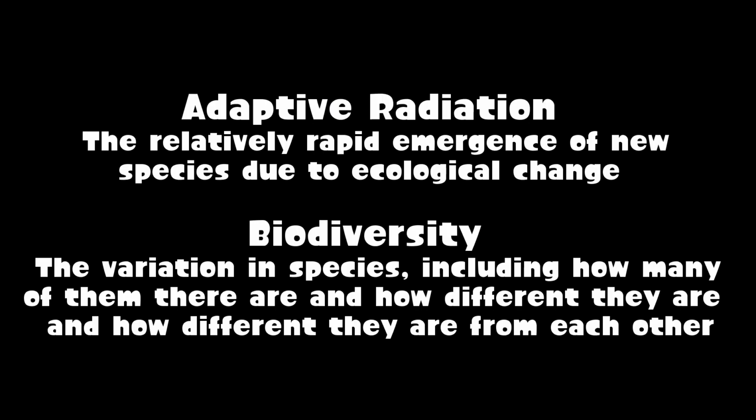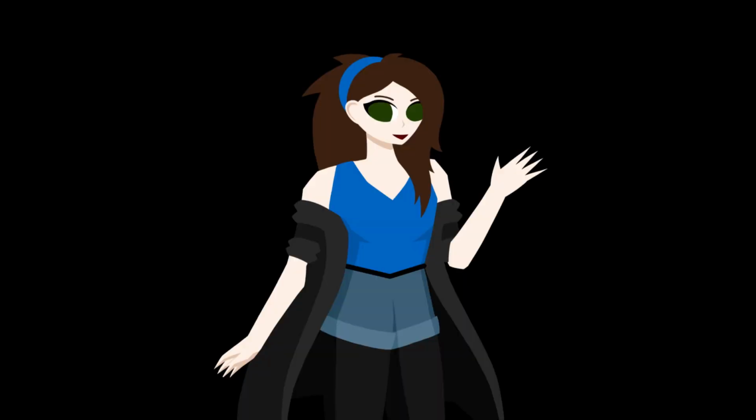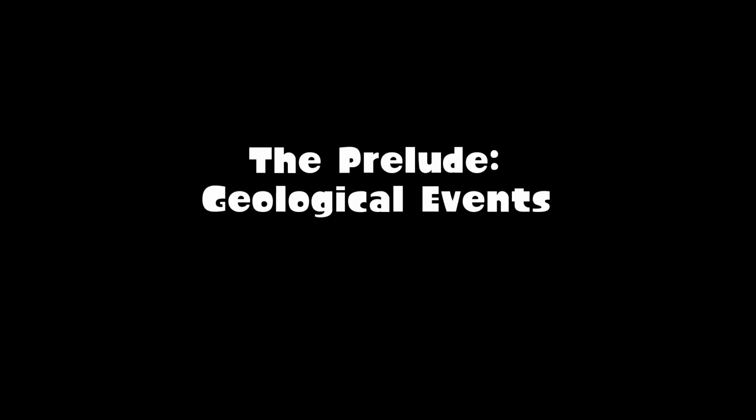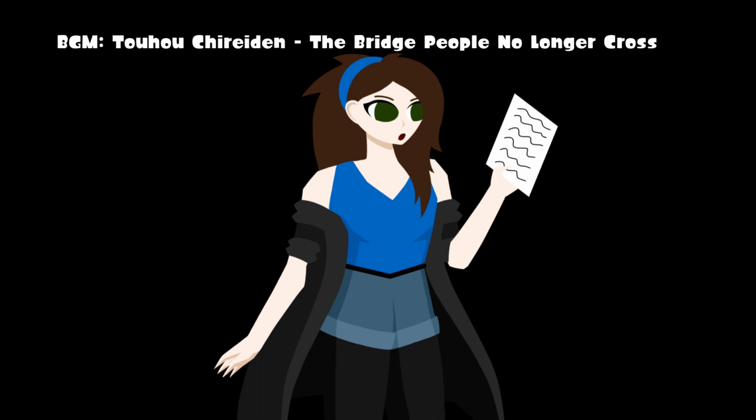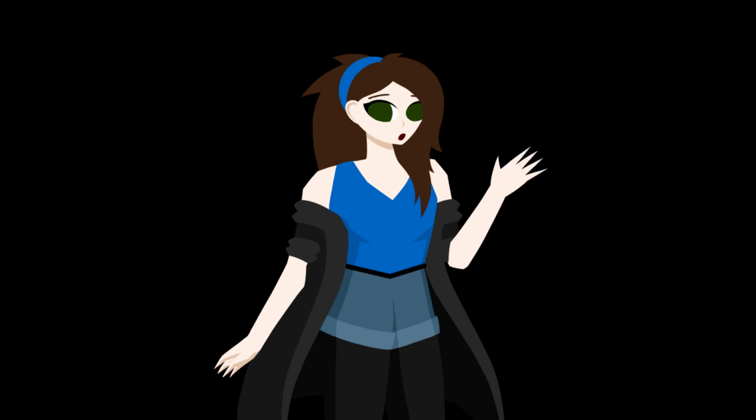This is what we call an adaptive radiation, where there is a clear and noticeable increase in biodiversity due to some sort of evolutionary event. The Cambrian Explosion is one of the earliest we know about, it's definitely one of the most famous, and is arguably the most significant. In order to figure out what happened and when, we first need to look at what the planet was doing beforehand, and a little bit at the time too.